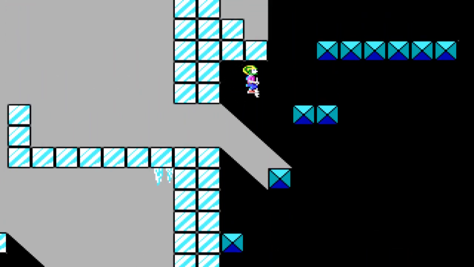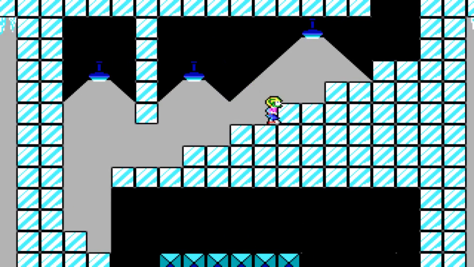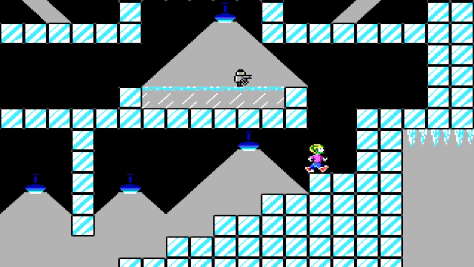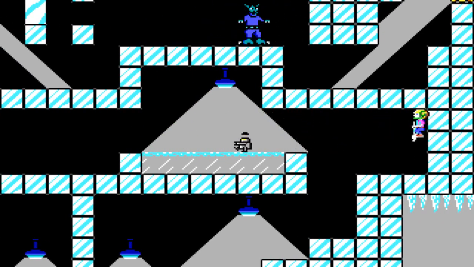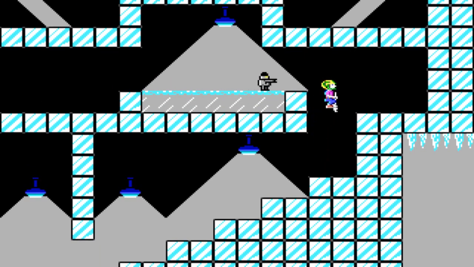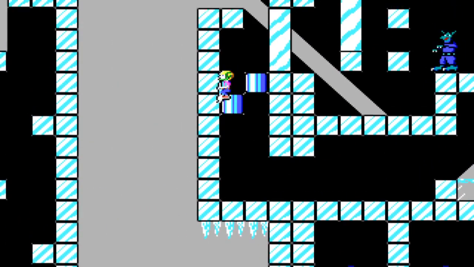So, we continue climbing here. Up. And there's the blue door, for which we already have the key. And then we watch carefully for the butler. Stop that. Okay, let's try this again. Alright, so